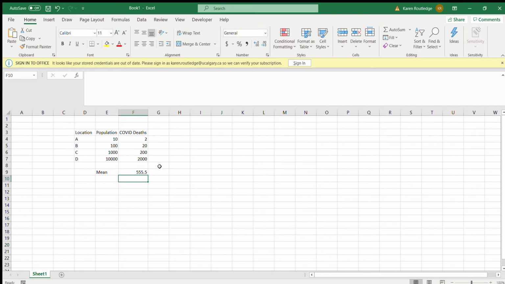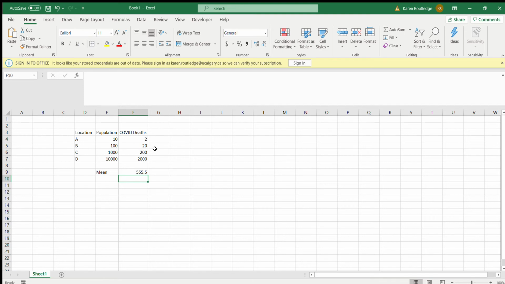And we get a number. By taking a mean, remember means and medians and modes are all measures of central tendency. So we're saying, here's this number that in some way is the best numerical summary we have of this data. So if we had to choose a number to represent the number of deaths across locations, it would be